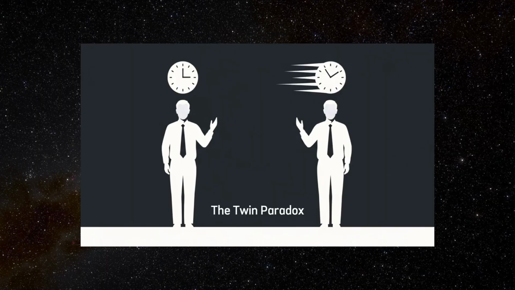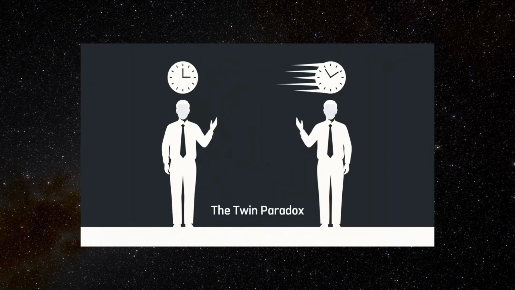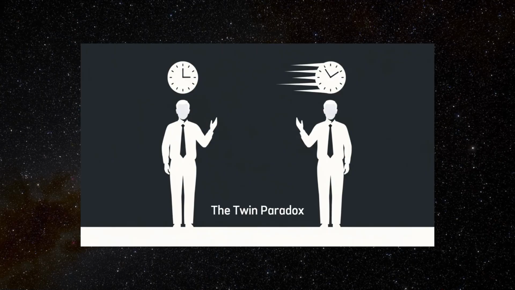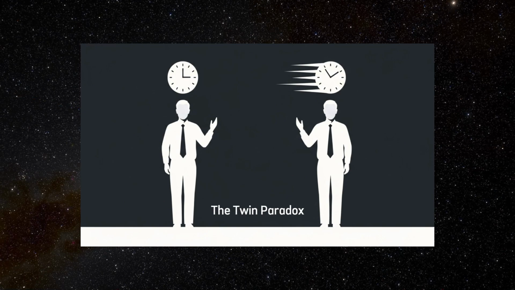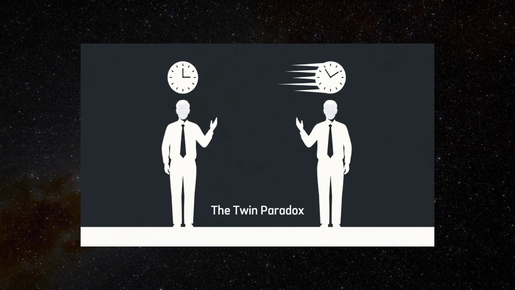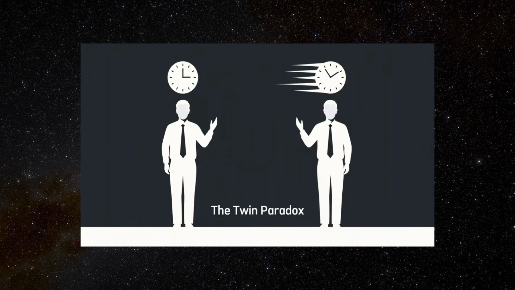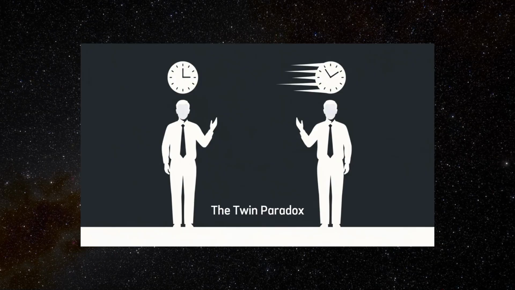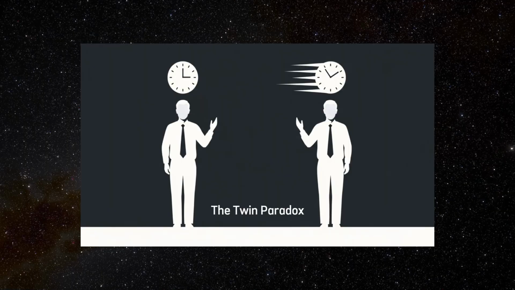The Twin Paradox. The Twin Paradox is one of the most famous and fascinating thought experiments in modern physics, particularly in the theory of special relativity, developed by Albert Einstein. Despite its name, it is not a true logical paradox in the sense of being a contradiction, but rather a counterintuitive scenario that challenges our everyday understanding of time, motion, and simultaneity.